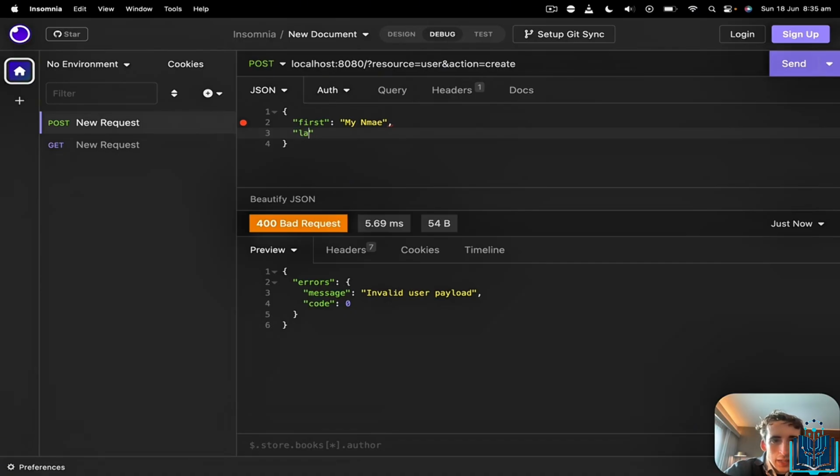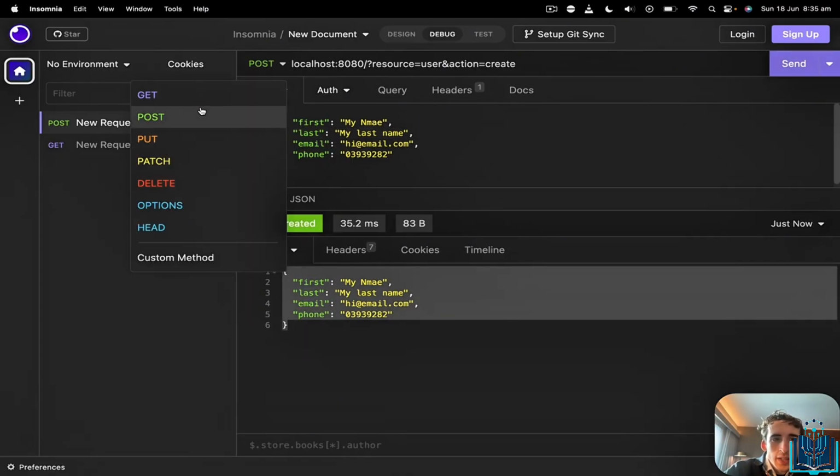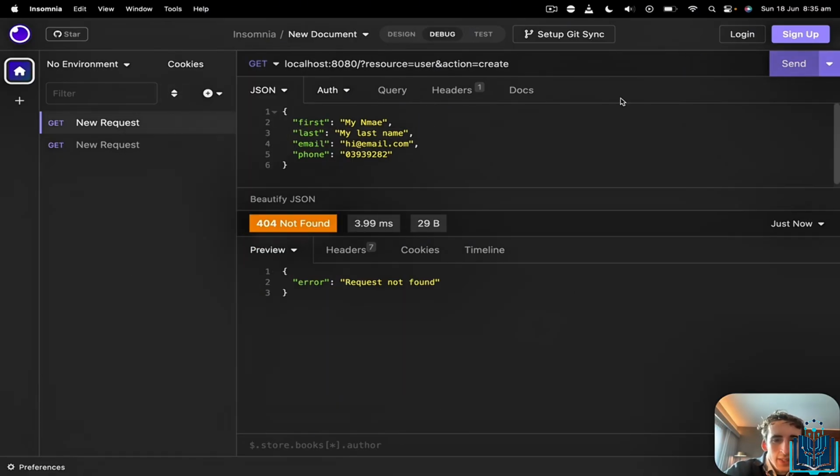But if I do my last name, if I do email, hi@email.com, if I do phone, perfect, and I try this, you see I can insert that user. If I use get, it won't work. Now let's try with delete,